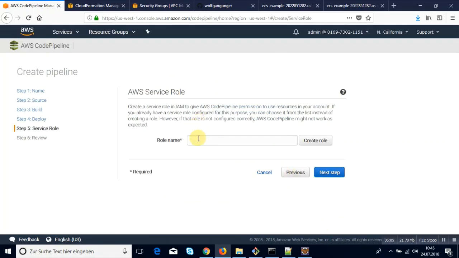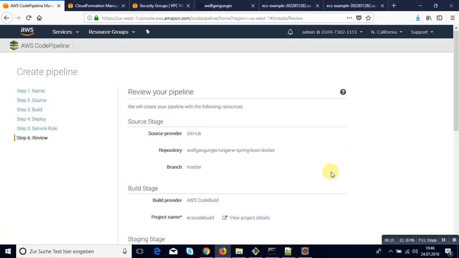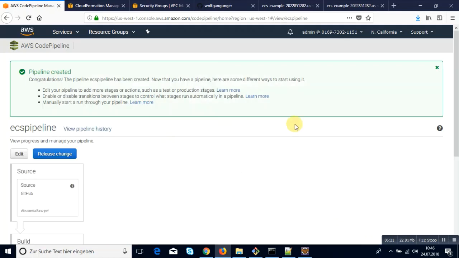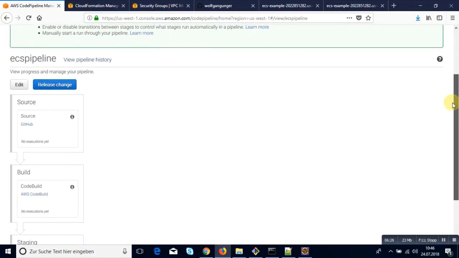And now we need a service role. There's one existing by now, but you can also create one. Let's pick this one, the review, and now let's create the pipeline. Pipeline is created, and I think it's also going to start right now, but it's going to take some time to build